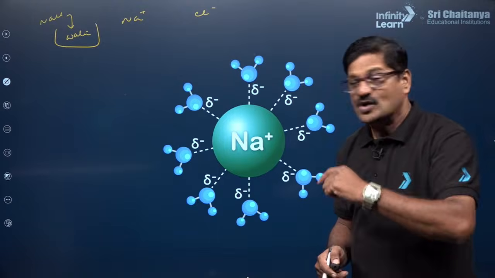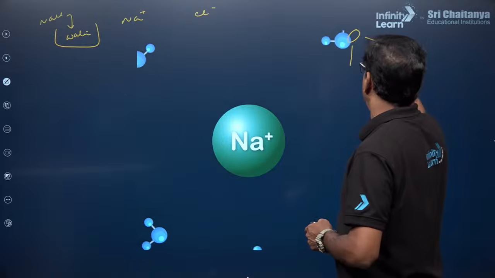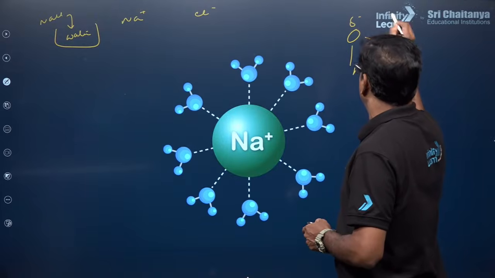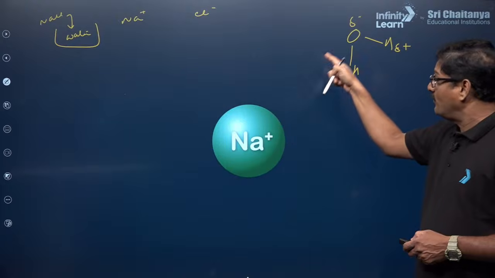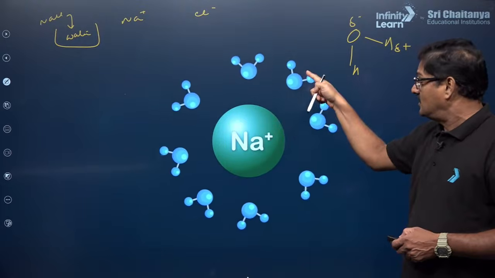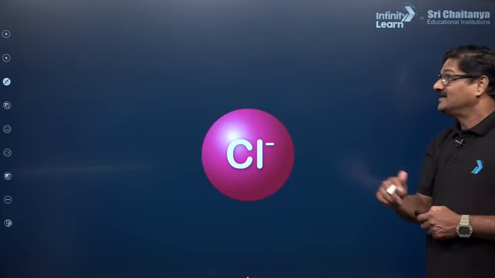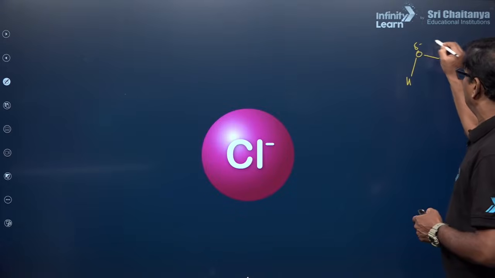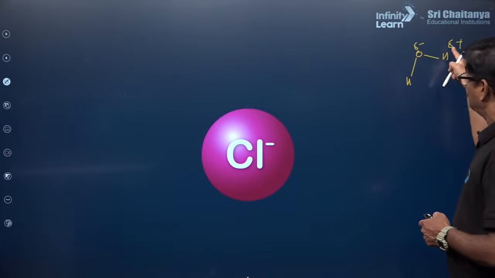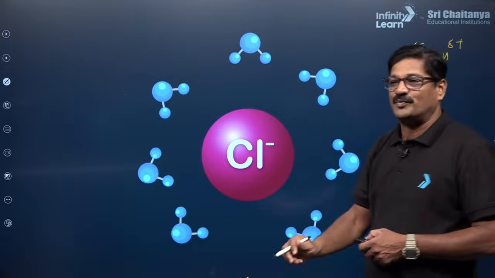So Na plus and oxygen, O minus. You see oxygen and hydrogen. O minus is a negative charge, H plus is a positive charge. The O minus will attach to it. Now if you see the Cl minus, again oxygen and hydrogen, you are going to get a partial negative charge and a partial positive charge. This partial positive charge of the water molecule is going to be